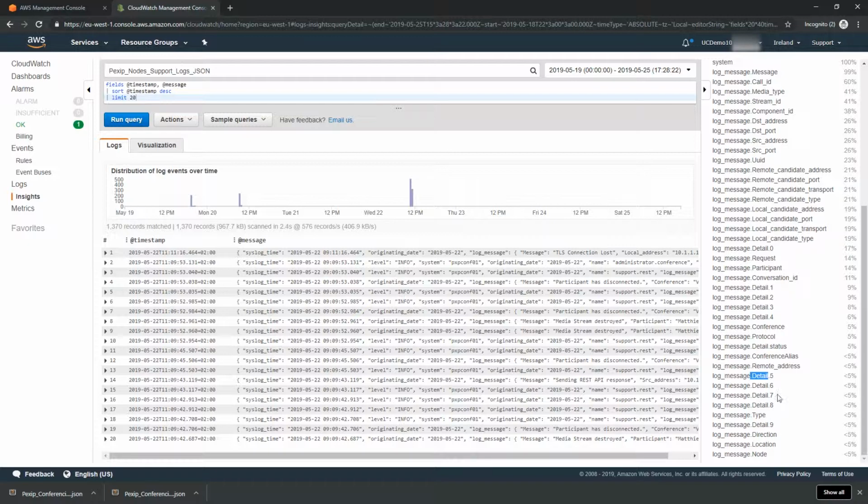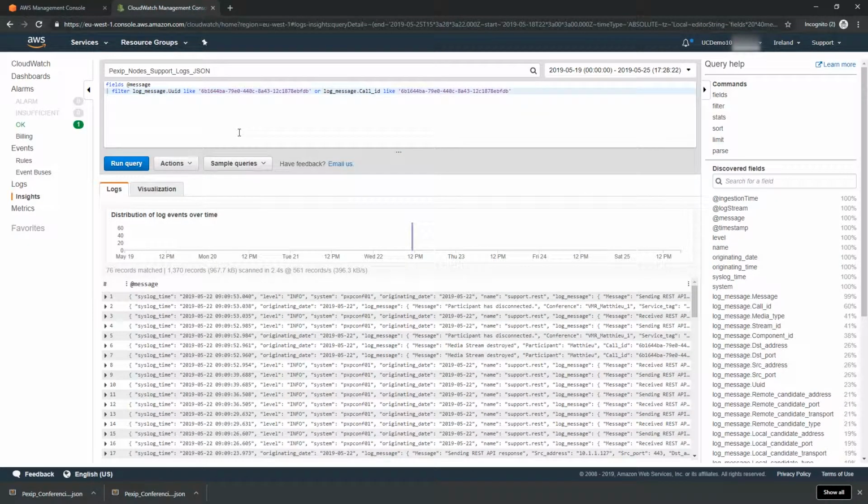But that won't prevent us from querying the fields that are inside that detail field. And where this is even more powerful compared to Athena is that when performing a query, I do not have to specify a table. So if I take back the call ID of the communication I was trying to troubleshoot with Athena, which was this one,